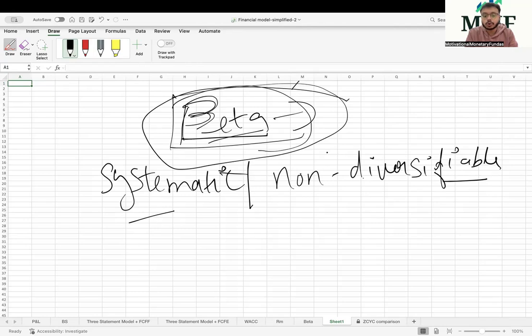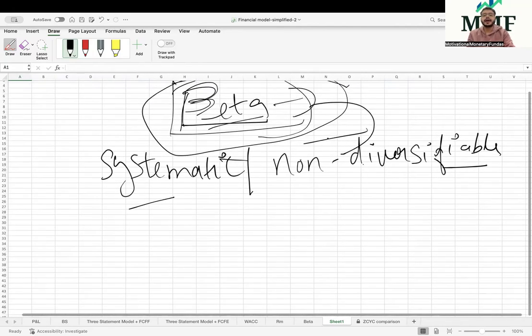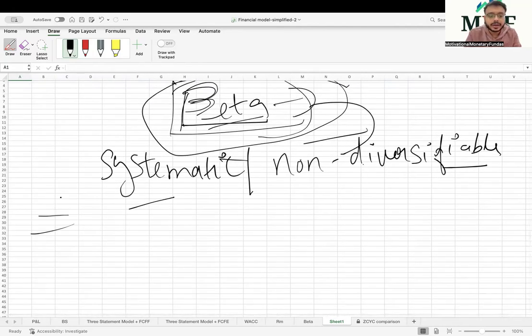And how we denote the systematic risk is via beta. Beta is a measure of systematic risk. It's a proxy for systematic risk. So whenever you have to calculate the market risk, it is your beta. You calculate the beta, you get your systematic risk, your non-diversifiable risk, your market risk or relevant risk per se. ठीक है, तो relevant risk की हमने बात करी. Other thing is, if you try to understand beta, we can bifurcate beta into three types of betas, right?